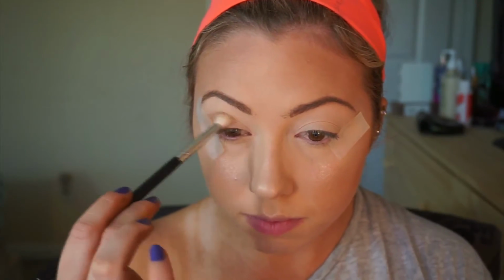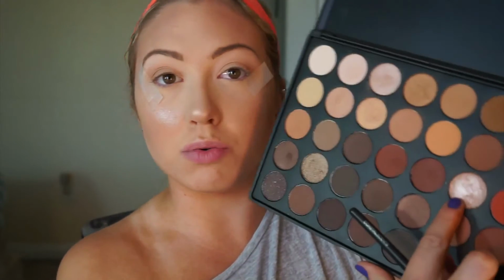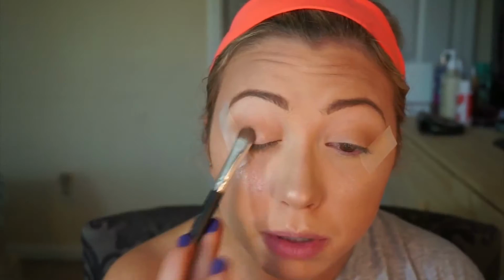And I'm going to be using a super pale kind of skin tone shade. So this one right here, even this one you could use, just a pale skin tone shade, and putting that all over the lid to set what we have. So taking that and then putting that right into the crease. The lid shade, I'm going to be using this kind of rose gold foiled shadow to blend in with the